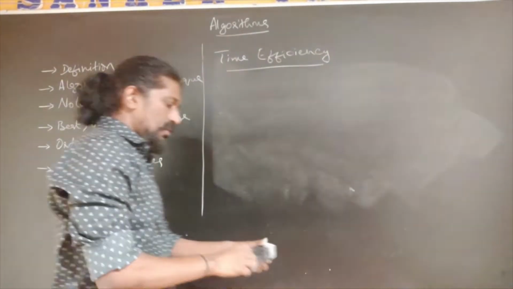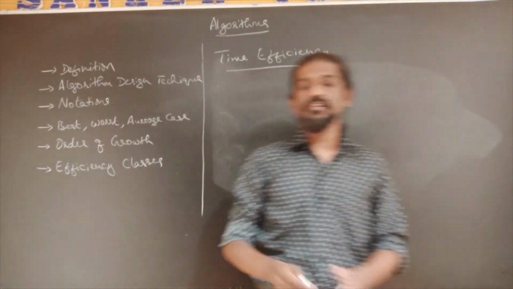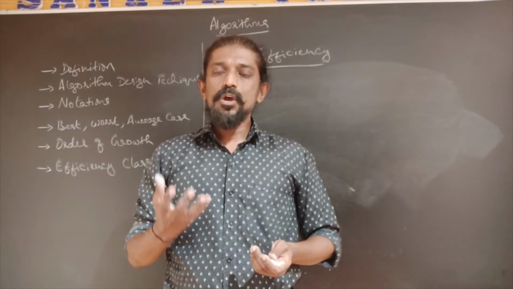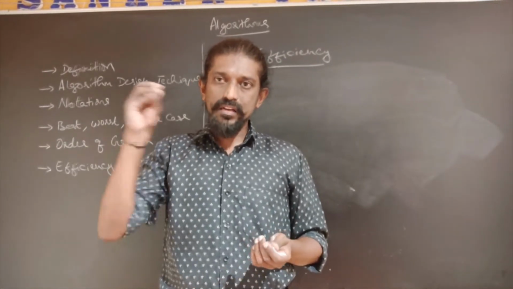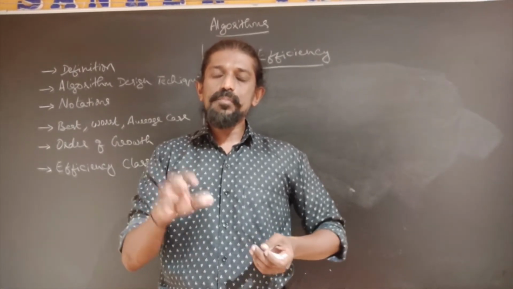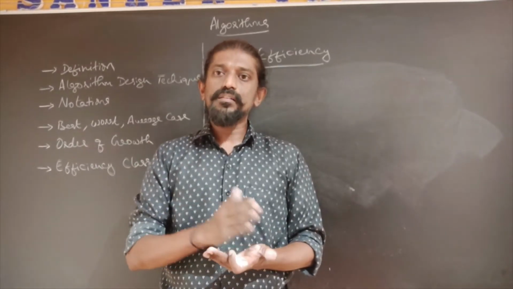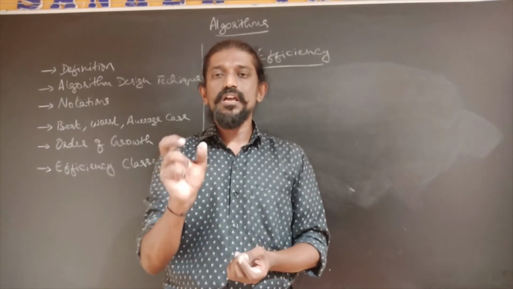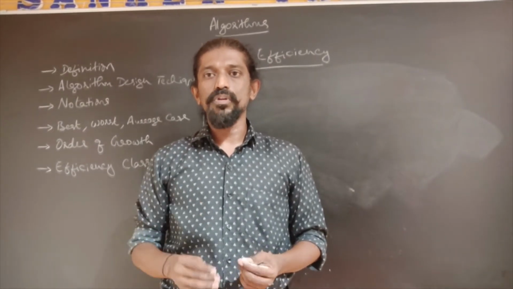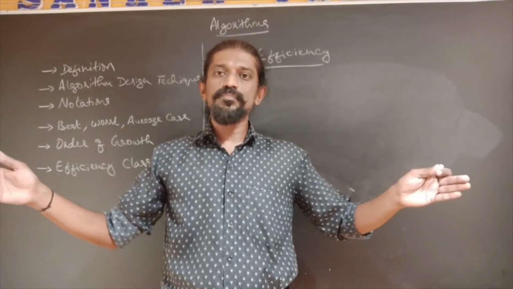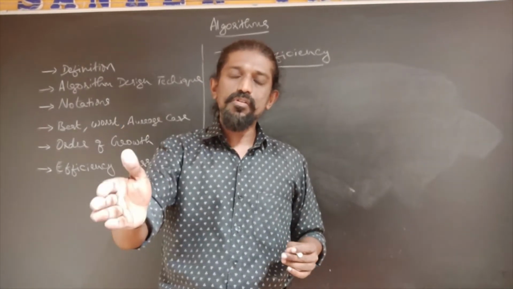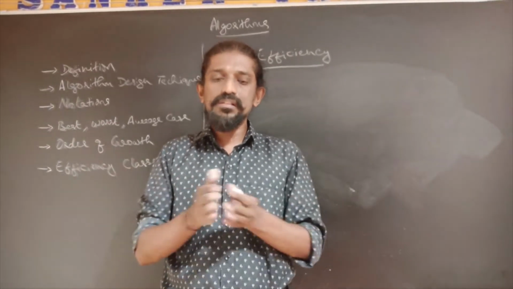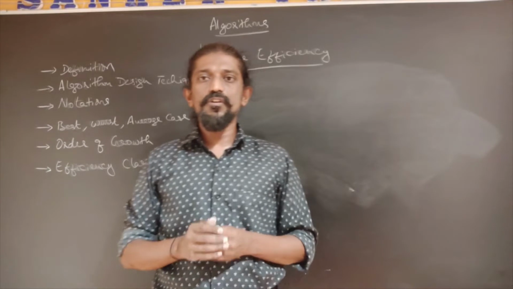So how can we measure the time of an algorithm? So one simplest thing that we can do is, we can develop an algorithm, we can run it on some computer system and give some input, start the timer, and then once the algorithm gives the output, we can stop the timer and we can tell how much time the algorithm has taken to give the output. So this we can do for varying inputs. Okay, for 100 inputs how much time the algorithm is taking, for 200 inputs how much time it is taking, for 300 inputs how much time it is taking, and we can tell this is the time efficiency or the time complexity of the algorithm.